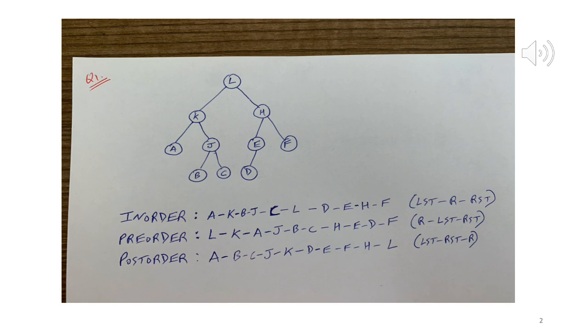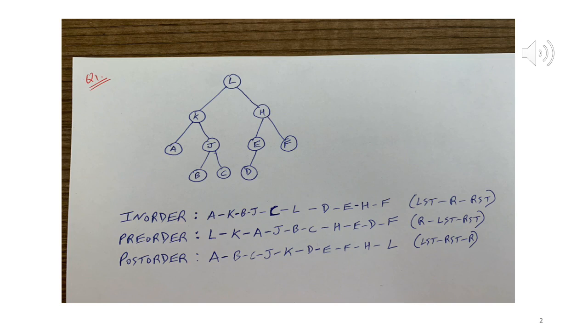Now we move on to the right subtree. So now we're talking about the tree rooted at H, right? Tree rooted at H. So what is the in-order traversal for that? So left subtree, which is E and D, will come in some order, then H, then F, right? Because root and right subtree are both single nodes, H and F.